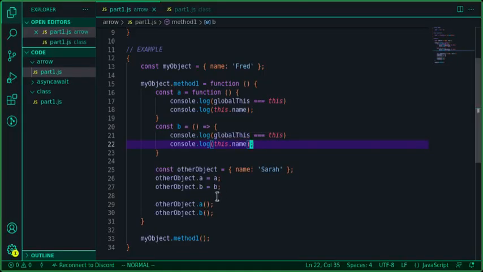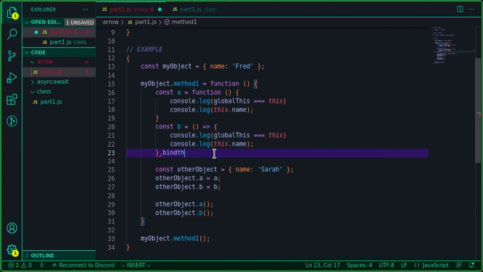Once bind is called on a function, or once a function is bound, it cannot be bound a second time. So that's why our b function here is still saying Fred, because the arrow function implies, as we've seen before, that it's bound to this. So for example, that bind this was called on the resulting function. That's something to be aware of, and it can be very convenient to use arrow functions,